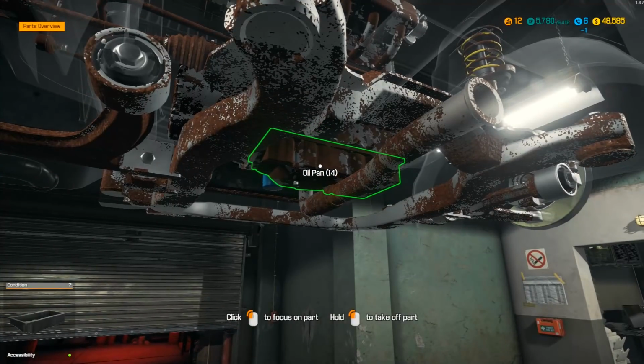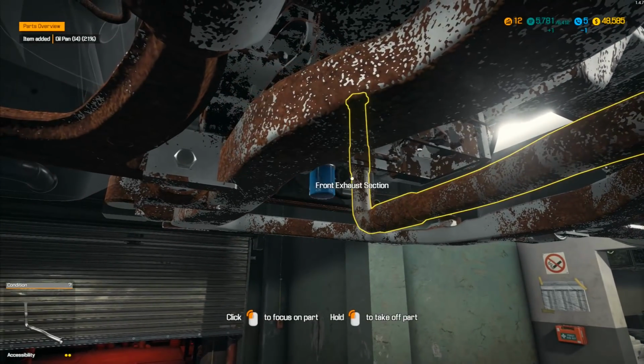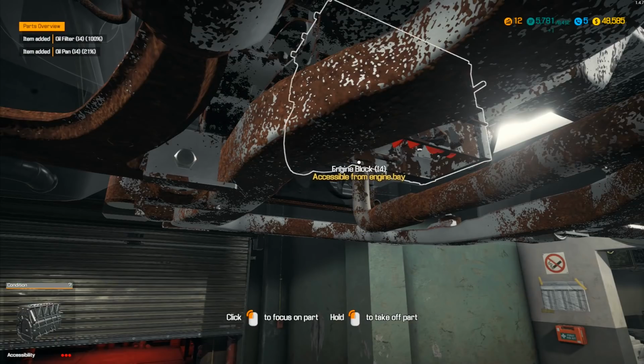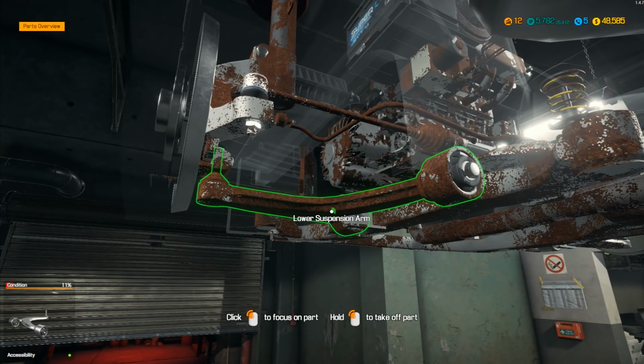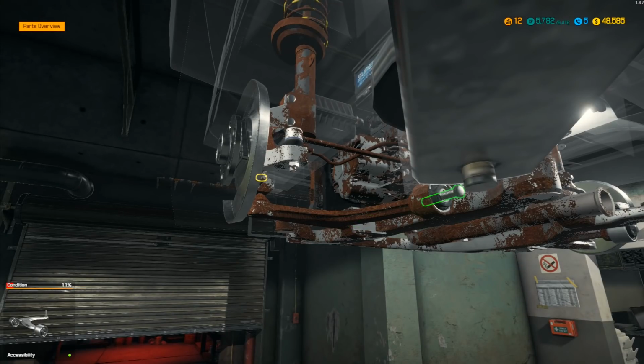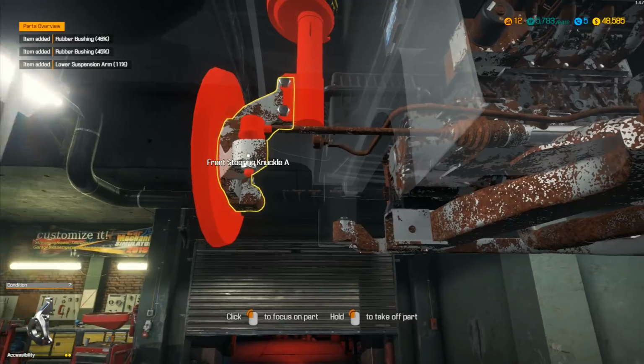Let's move up to the front a minute. And we'll go for the oil pan under here. I just take those off. We've already drained the oil out of the car, so we don't need to worry about that. We go over to the oil filter as well. That one can come out. And right, the lower suspension arm, we can remove that one as we're under here. Like that. I think we can also...